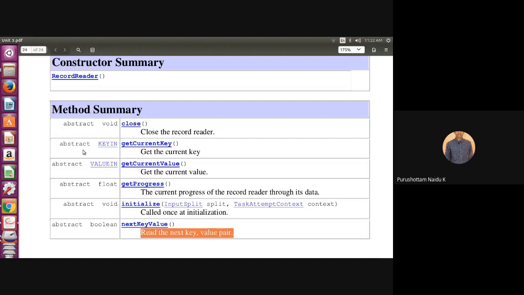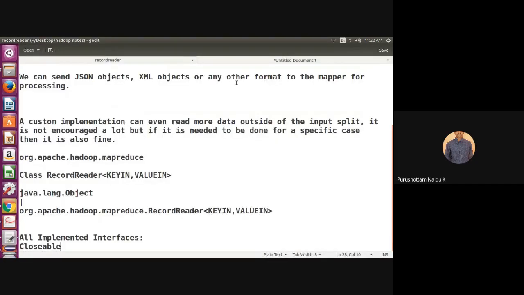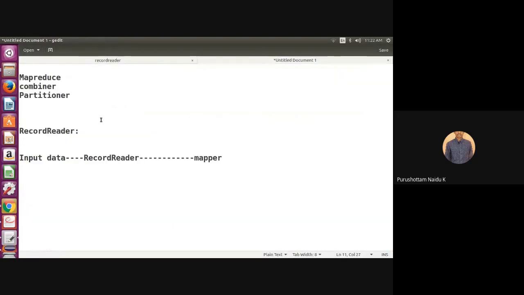This is simply about the RecordReader. The main purpose of RecordReader is to split the input data into key value pairs, and those key value pairs are given as input to which one? Mapper. That means by default the RecordReader sits between the input data and the mapper. We may also customize the input data.